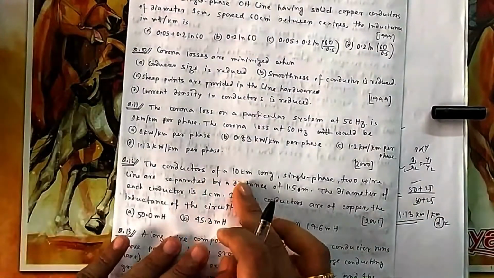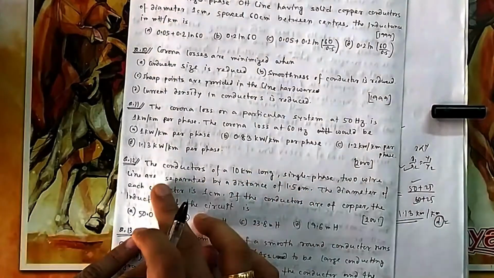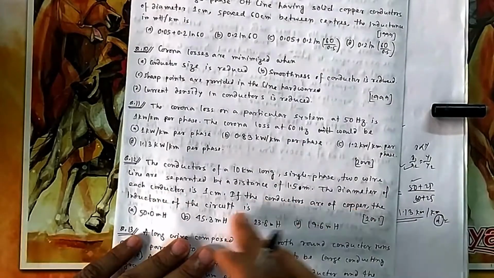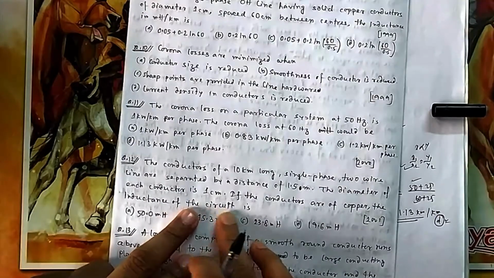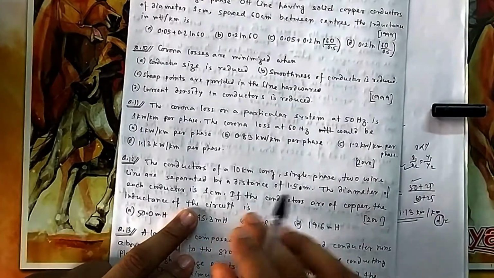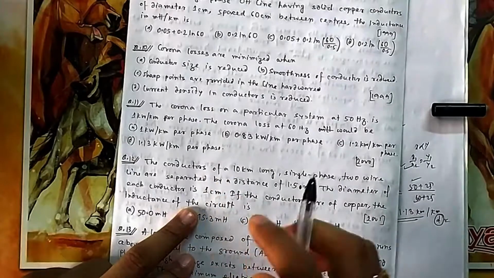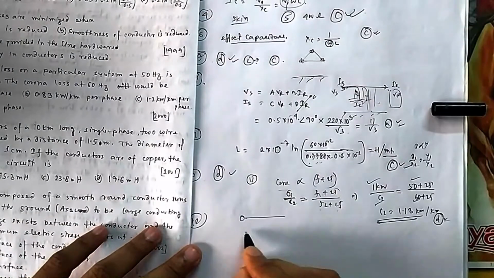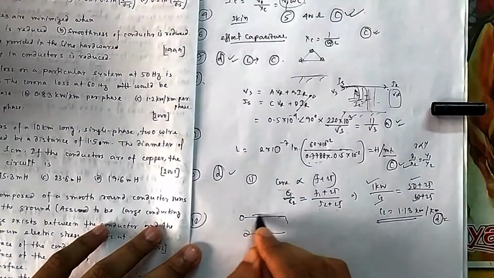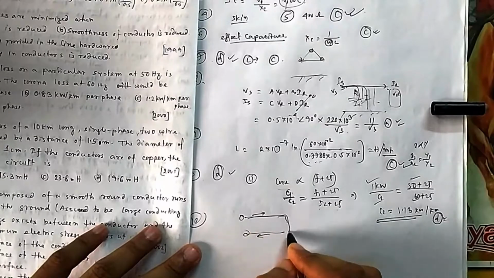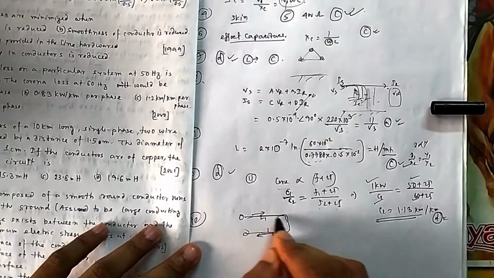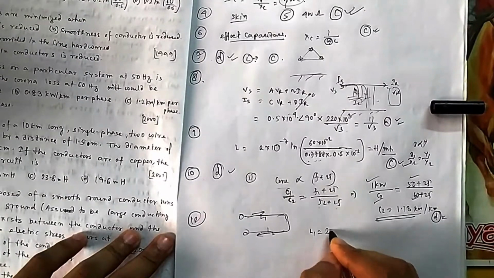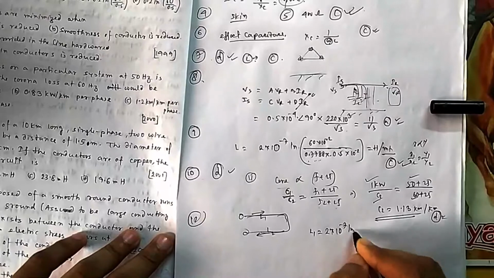The conductors of a 10 kilometer long single phase two-wire line are separated by a distance. The diameter of each conductor is given. If the conductors are of copper, then the inductance of the circuit is what? Now you have to be careful. What we know, 2 into 10 to the minus 7, that is inductance per phase. It is for the circuit. Circuit means it is a single phase circuit. So current will be going and then returning. If this is your L1, this is your L2, then they are connected in series. So if you are calculating per phase L1, 2 into 10 to the power minus 7 ln GMD by GMR,